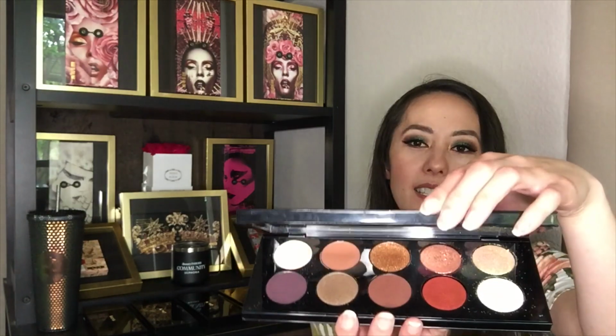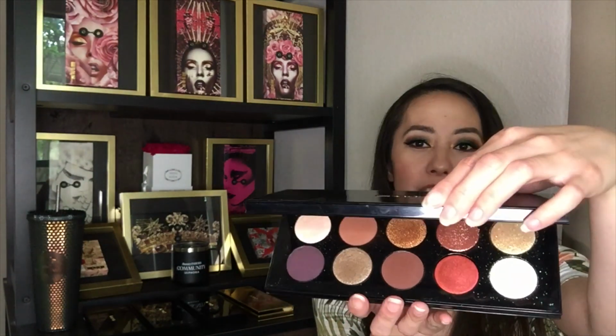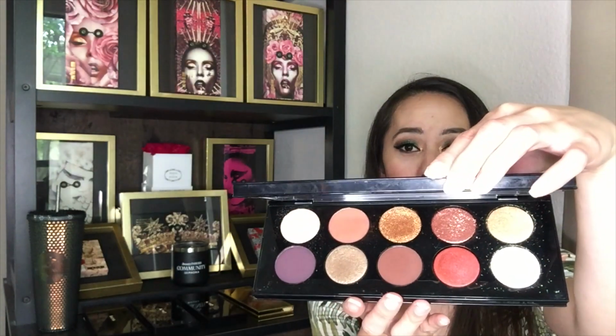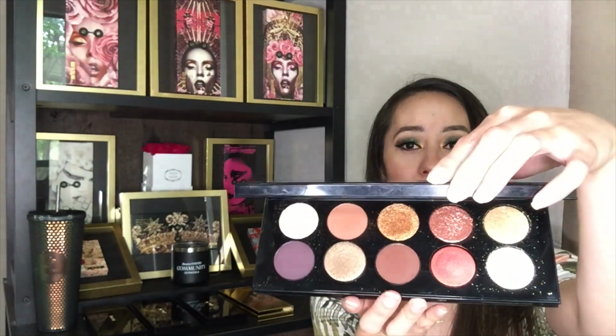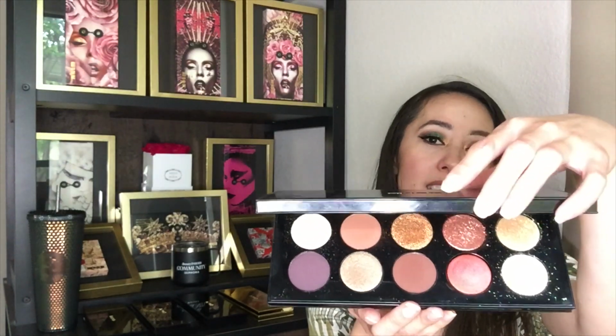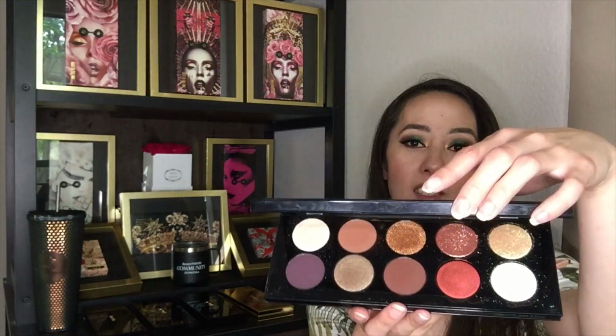This is Mothership number 5, Bronze Seduction. I don't know if you can tell, but this baby has been used and abused. Oh my gosh, I mean, how could you not? This is just gorgeous. I love purples. This is just so